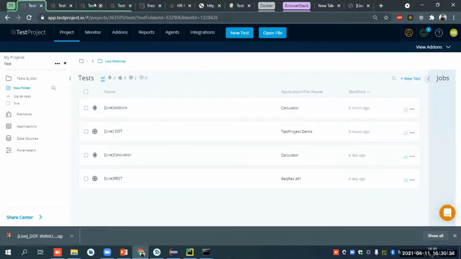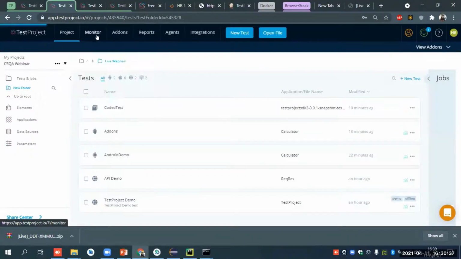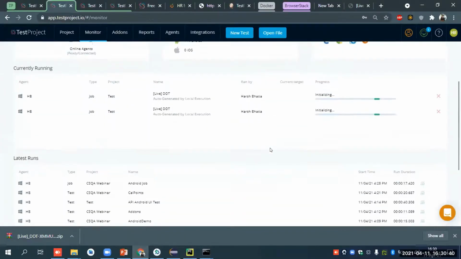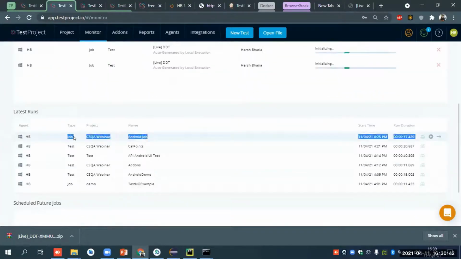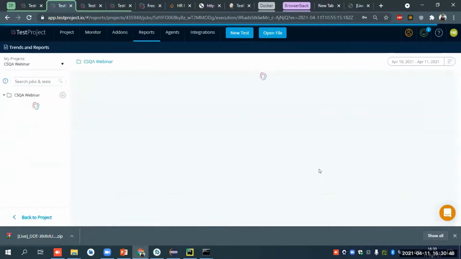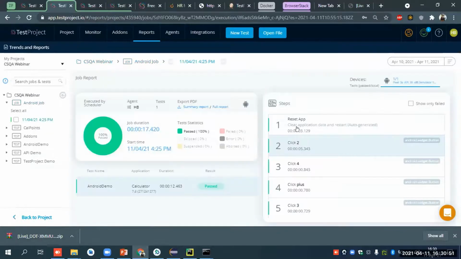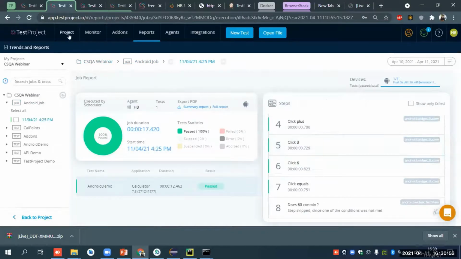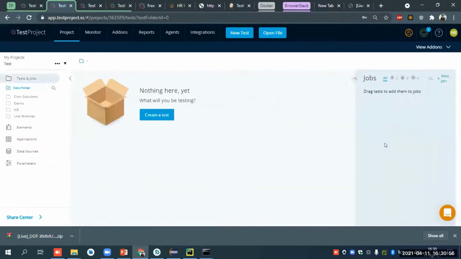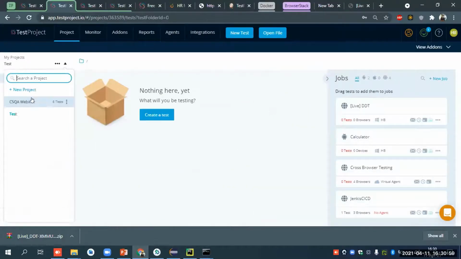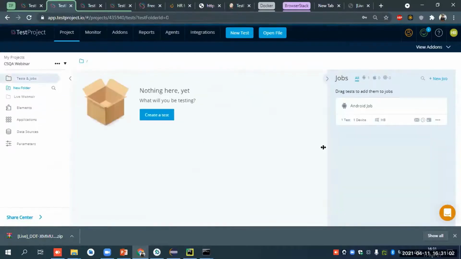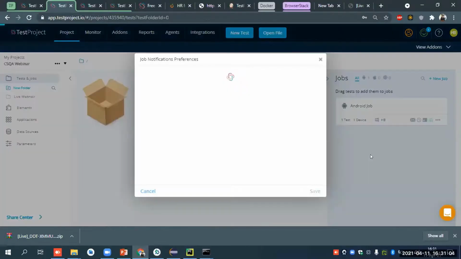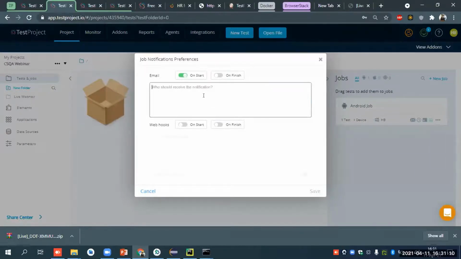Okay. So meanwhile, we can see we have scheduled a job at 4:25. So yeah, that job has been executed at our mentioned time. Okay, I will just go to the report again. And yeah, it has been successfully executed. Okay, so in the job, you can do a couple more things, like if you want to trigger an email during the start of the execution or during the finish of the execution, you can just trigger on the message. You will mention the email ID and it will trigger on those actions.